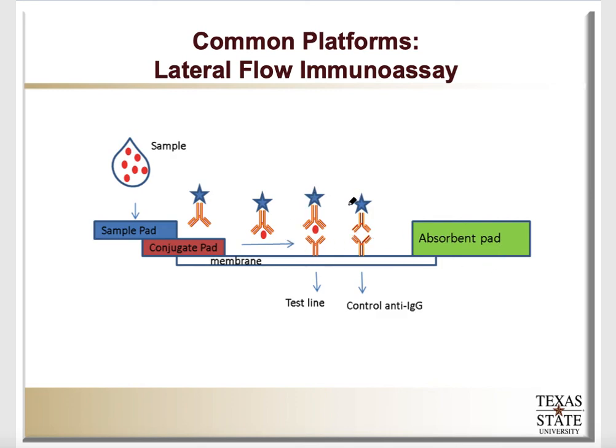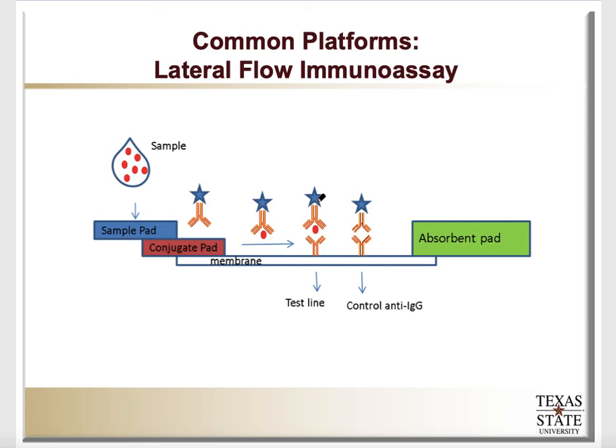Now, typically the label that is utilized for lateral flow immunoassay is going to be gold nanoparticles or something that can provide a visual cue without the need for a spectrophotometer. But of course, there are many other people developing systems that might utilize a fluorescent molecule to provide you with a lot more sensitivity than you can with your eye. And that could be utilized in conjunction with something like a cell phone camera to be able to detect something with more